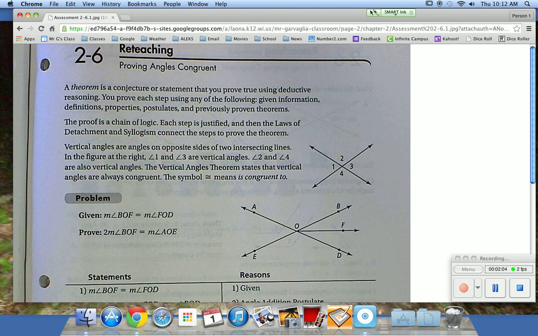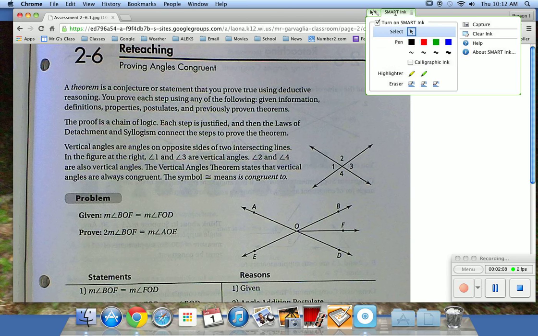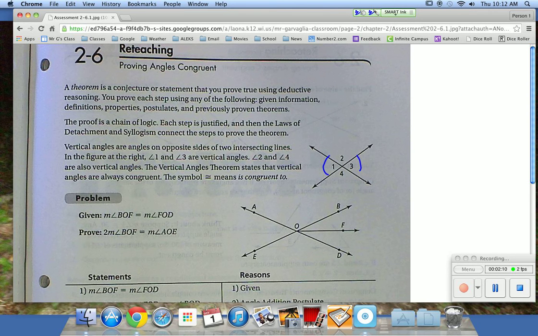In the figure to the right, angle 1 and angle 3, these two angles right here, are vertical angles. All right? We know that 2 and 4 are also vertical angles. The vertical angle theorem states that vertical angles are congruent. We have a theorem that already states that if vertical angles are equal to each other, they're congruent. All right? So if we take a look now